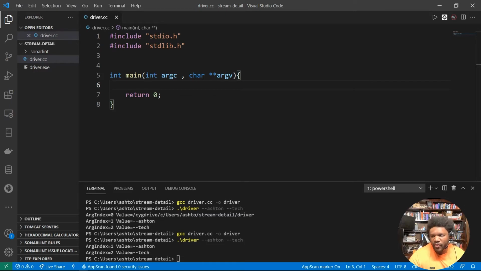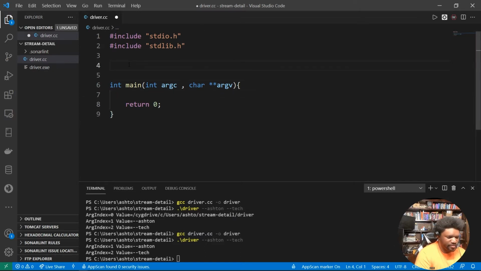So the first thing we want is something to parse those arguments from one another, okay? So what we'll want to do is separate those arguments, right? So in order to separate those arguments, we have to make an algorithm to separate those arguments, okay? So let's do this. Let's prototype an arguments parser. So we're going to do void, and we're going to say argument parser,